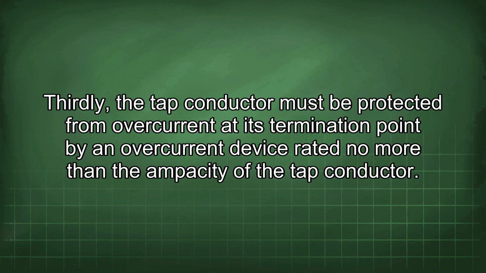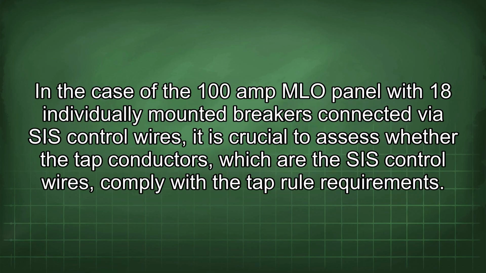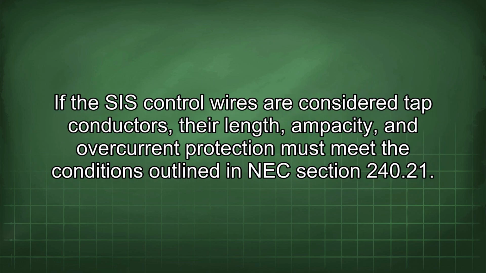Thirdly, the tap conductor must be protected from overcurrent at its termination point by an overcurrent device rated no more than the ampacity of the tap conductor. In the case of the 100 amp MLO panel with 18 individually mounted breakers connected via SIS control wires, it is crucial to assess whether the tap conductors, which are the SIS control wires, comply with the tap rule requirements. If the SIS control wires are considered tap conductors, their length, ampacity, and overcurrent protection must meet the conditions outlined